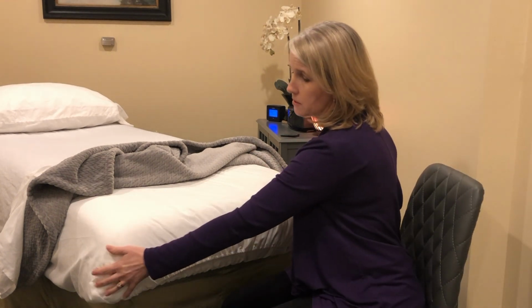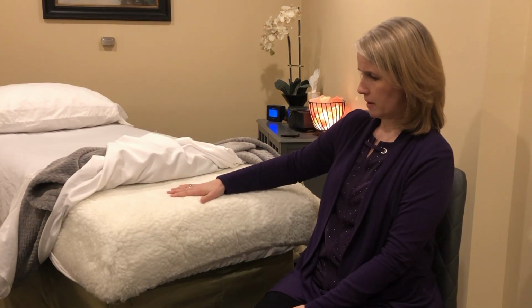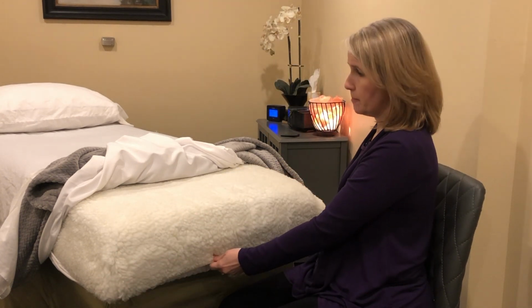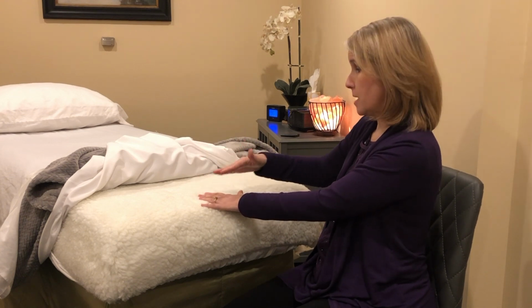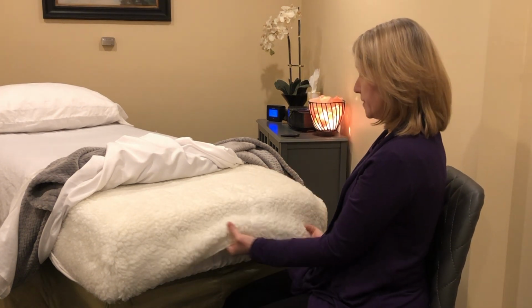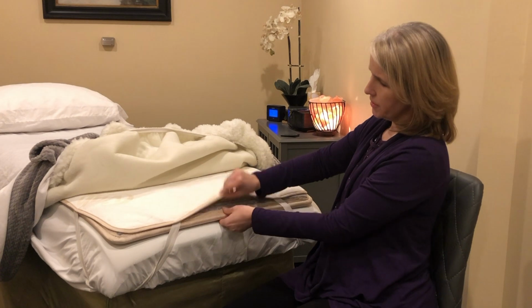But I have this here to keep these bottom layers all nice and neat. If you lift this up here, you see I have this sort of fake sheepskin sort of pad, and this is also fitted. So again, it's nice and snug on the table because you don't want all this stuff shifting around when the client is getting up and getting situated or when they're getting off the table. You want it to be firmly in place. Now, underneath that, why do I have this? Just because it adds a little bit extra padding,